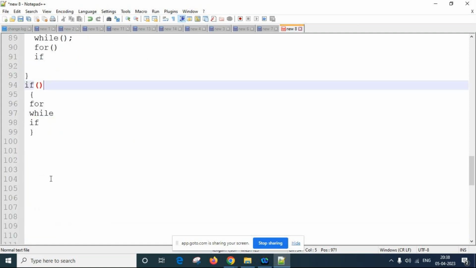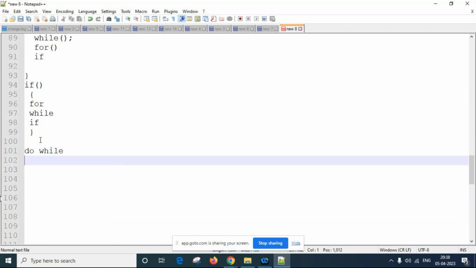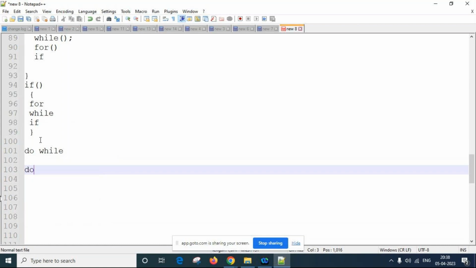And we have one more control statement, do while. In while, we check the condition first. In do while, we will first do the loop and then validate the test condition. The format will be like this.